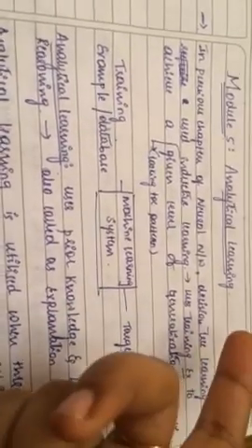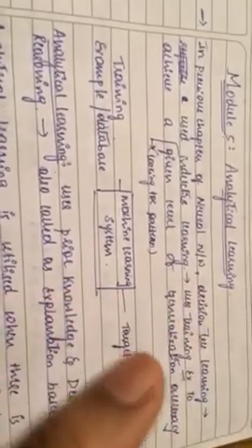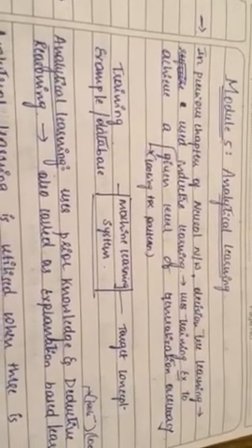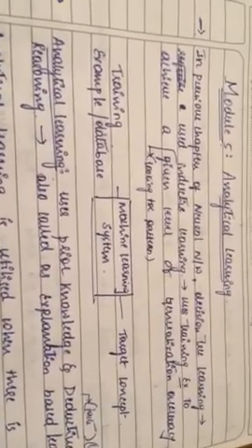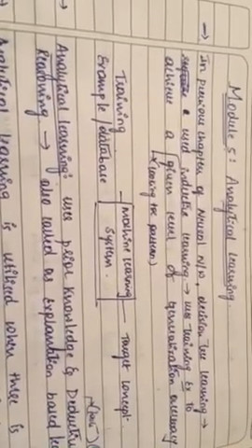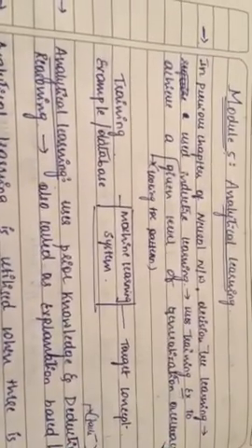But what is the limitation here? The limitation is that it doesn't work, or works poorly, when you have insufficient data. What is meant by insufficient data is that some of the attribute values are missing or some of the attribute values are replicated. This is known as insufficient data, an incomplete database.